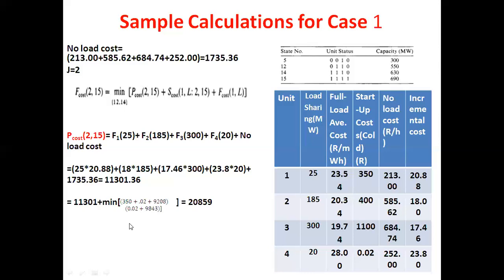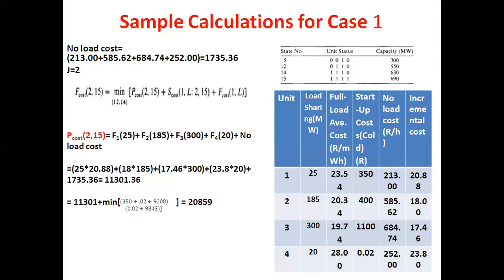now we will go for the transition state. In state 15 we will go from 14 to 15 and from 12 to 15. If I go from 12 to 15, for the 12 state this calculation is taken from the previous 9208. When you go from 12 to 15, at state 12 units 2 and 3 are on. So when you go from 12 to 14, we have to turn on unit 1. So its startup cost is 350. And from state 14 to 15, unit 4 is on and its startup cost is 0.02. So 350 plus 0.02 plus